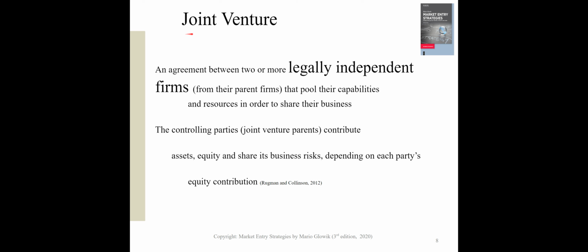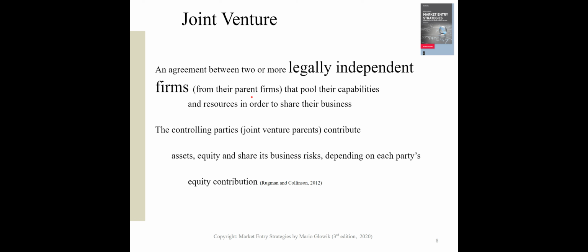Let's start introducing a joint venture. A joint venture, in comparison to an alliance, indicates an agreement between two or more legally independent firms, independent from their parent firms. In a joint venture, these firms pool their capabilities and resources in order to share their business. So once again, a joint venture indicates a legally independent company, legally independent from their parent firms, and this is not the case